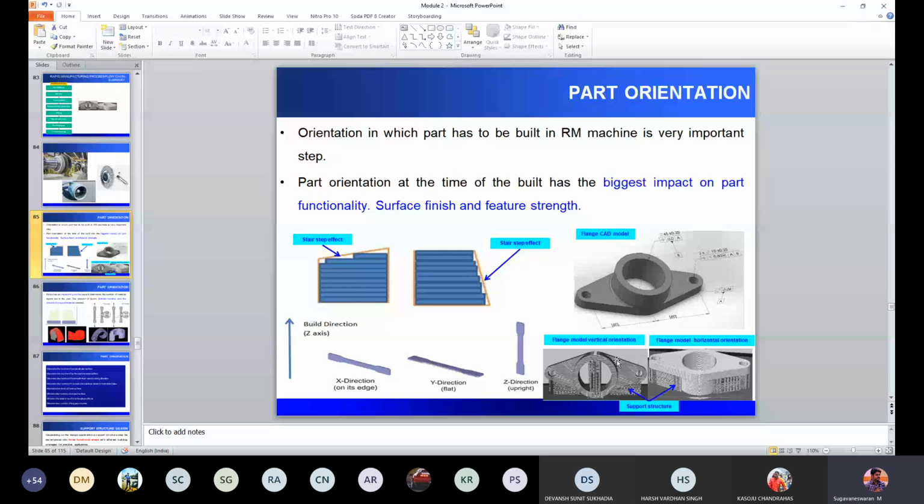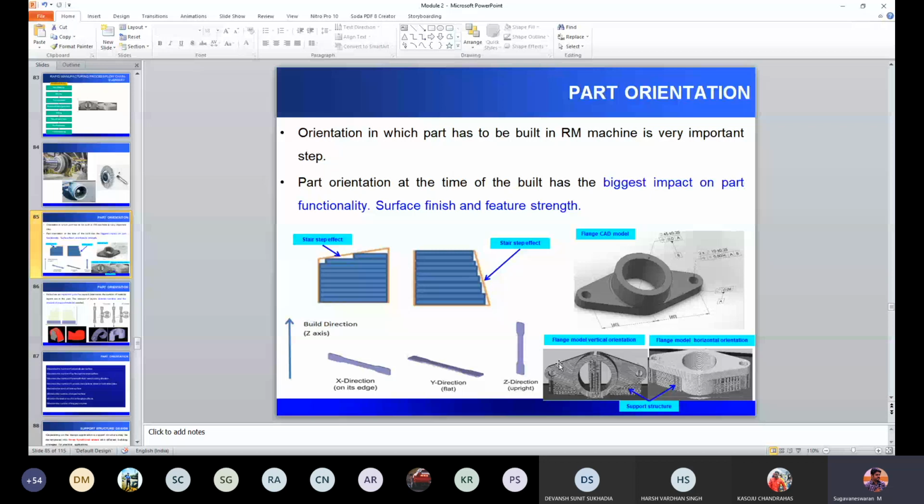If this surface is highly functional for you, then you have to look into the functionality of the surface, and based on that you have to select the support. And one more part is strength requirement. The way in which you orient will also have an effect on strength. For example, in this case, as I printed in this orientation, if I apply a load on the top surface, the interface will easily propagate and you will get a failure.